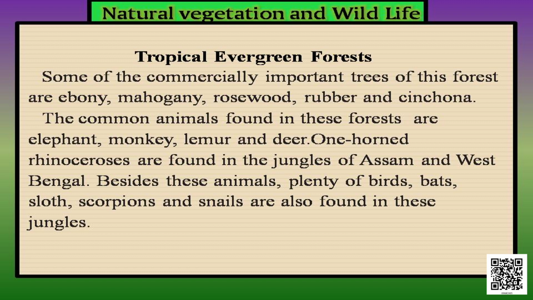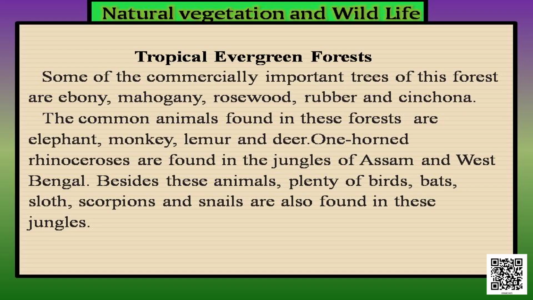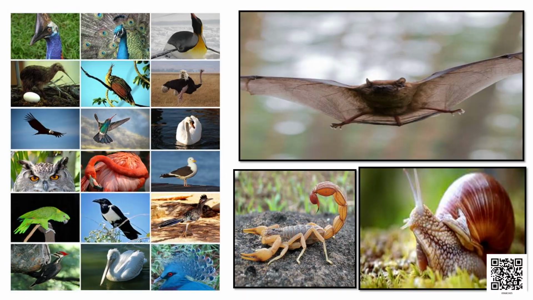Coming to the animal kingdom found in the tropical evergreen forest, they are elephant, monkey, lemur and deer. Also in this forest you will find the one-horned rhinoceros, which is very important in the jungles of Assam, and also in West Bengal. Besides these animals, you could find plenty of birds, bats, sloths, scorpions, snails and many other things in these